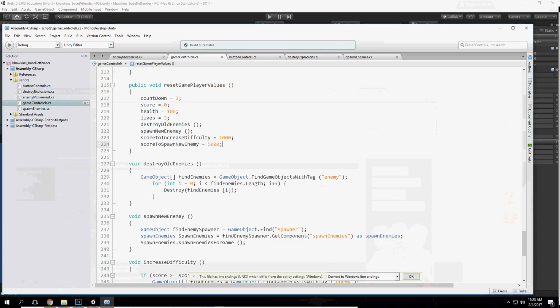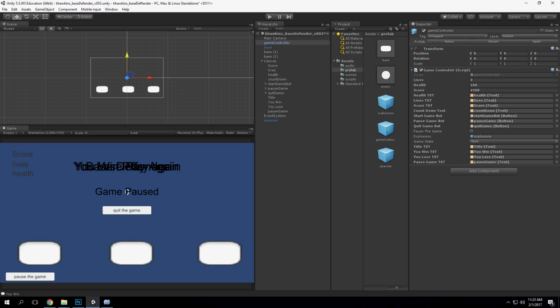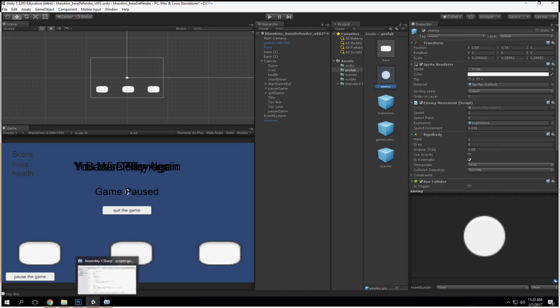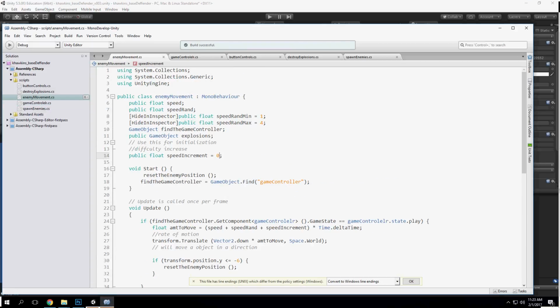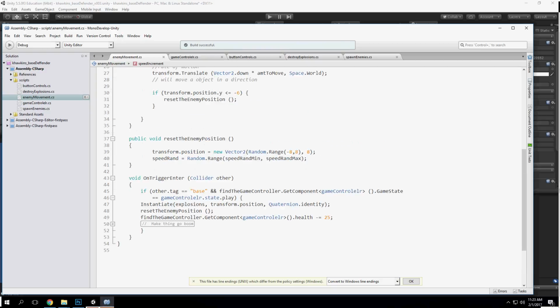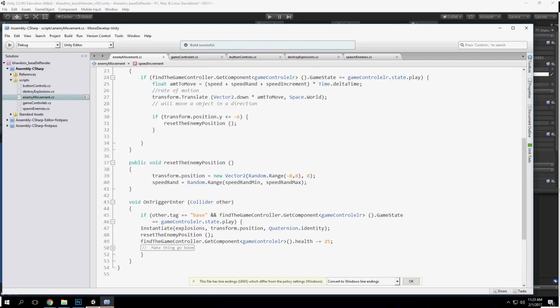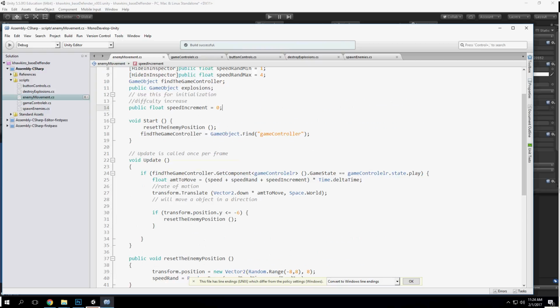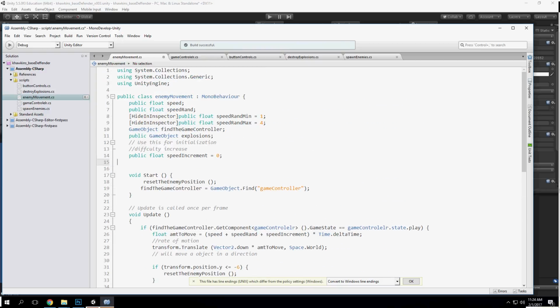All right. So we have this, and what we're going to do is, on the enemy, I guess we can put in this script. We're going to let it randomly pick between two different explosions. So every time we hit, it's going to pick, and we might also have to wrap that into the game object. So we need